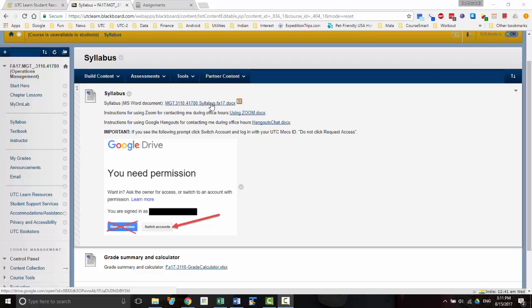So download the syllabus. When you click, you may or may not get this message because all these files are in Google Drive and you have to be logged in with your Marks UTC ID. So if you are not logged in with Marks UTC ID, then you're going to get this message. And this is true not just for syllabus but for all the chapter lessons and homework files and so on